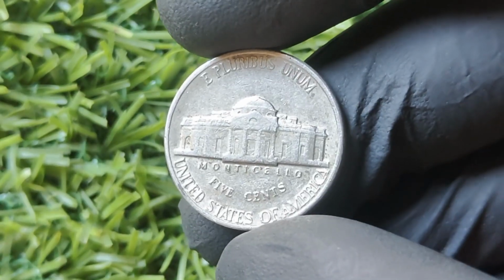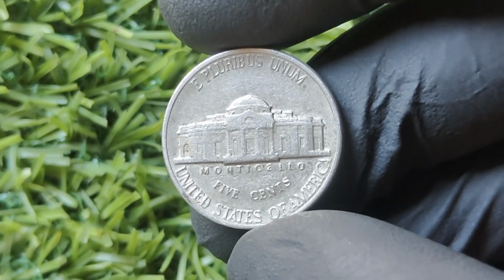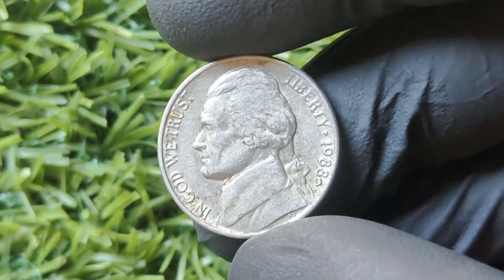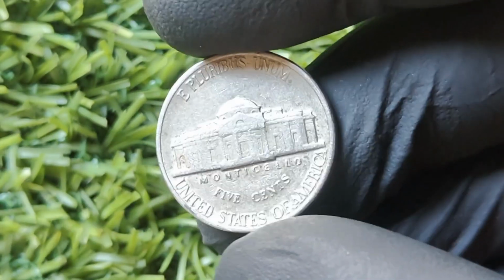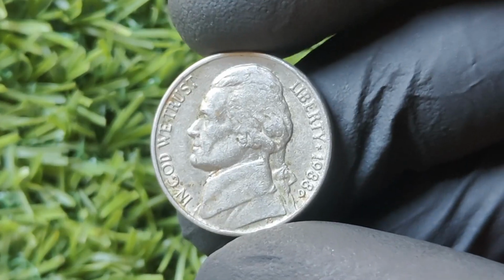And here's where it gets even more exciting. There's a rumor swirling in the coin world that a mint state 1988 D nickel with a double die obverse and full steps has surfaced but hasn't hit the auction block yet. Its value is estimated over $1.10 million. That's the mystery. That's the thrill. That's the legacy of coins like the 1988 D